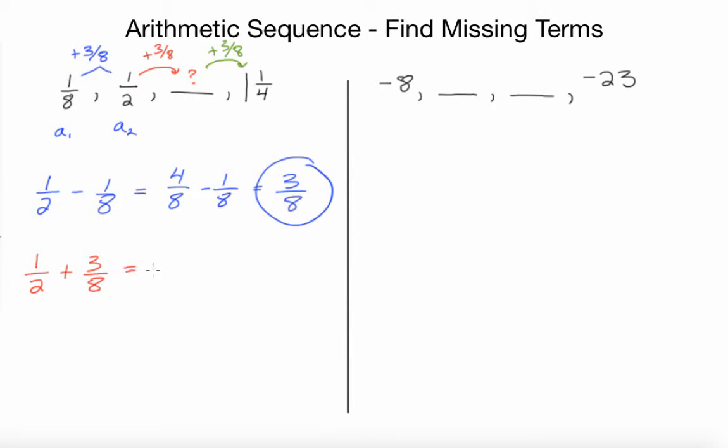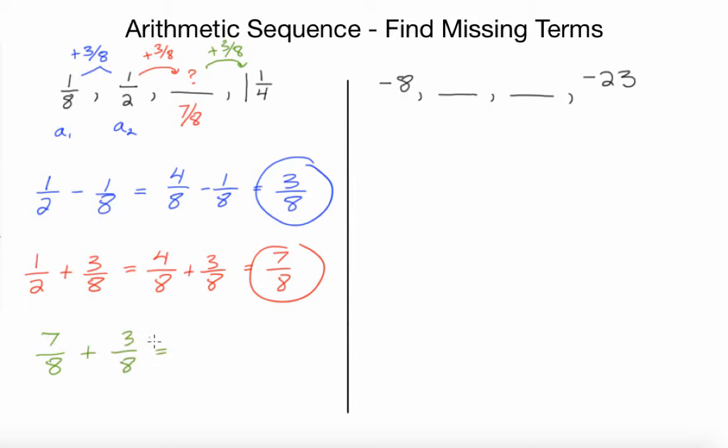The same thing, I have to change common denominators, so we're going to change 1/2 to 4/8. 4/8 plus 3/8 equals 7/8. So the question mark there, the third term, should be 7/8. All right, as a way to check, 7/8 plus 3/8 should be 1 1/4. So let's check that out here. 7/8 plus 3/8